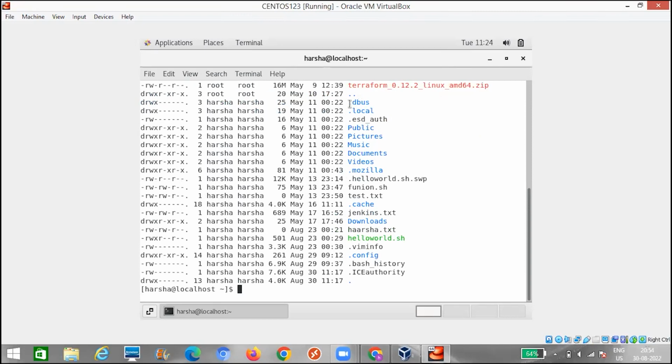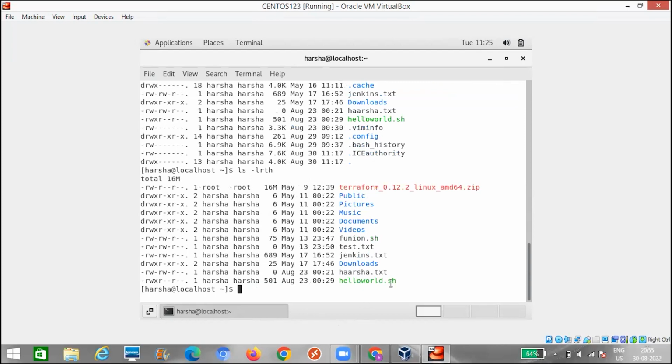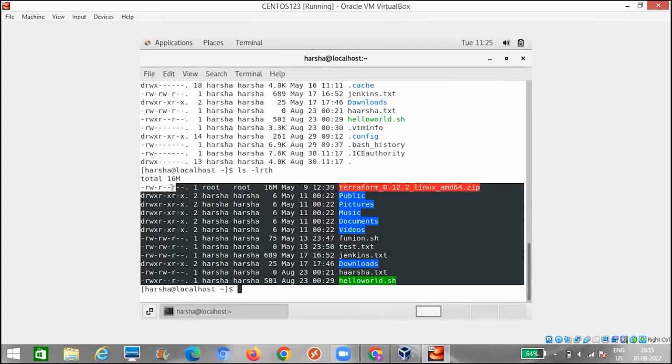These other files or directories have a dot at the start. These are hidden files. If you want to see hidden files, we need to give -a in the option. So ls -lrth with option a will show you hidden files. .dbus is a hidden directory. .local is a hidden directory. If you don't want to see the hidden files, just go with ls -lrth, and it won't show any hidden files or directories.